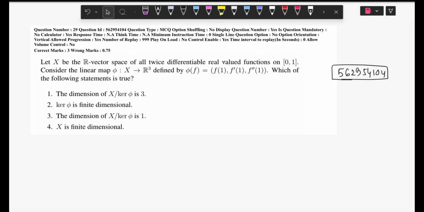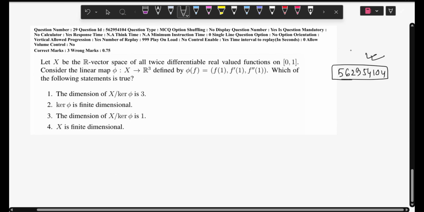In this video we'll discuss the question of CSIR NET 2025 जो question linear algebra से पूछा गया था।